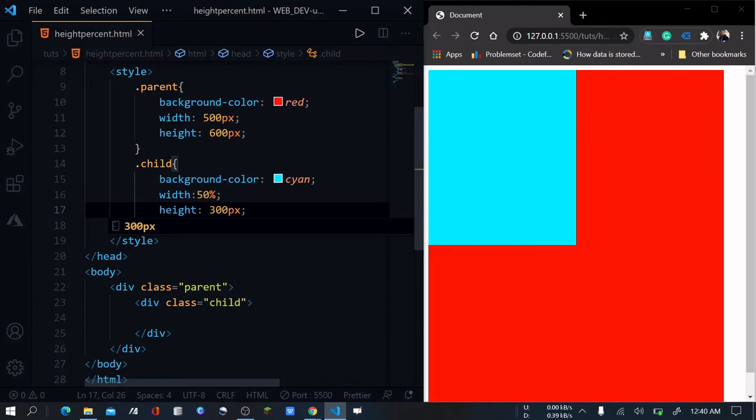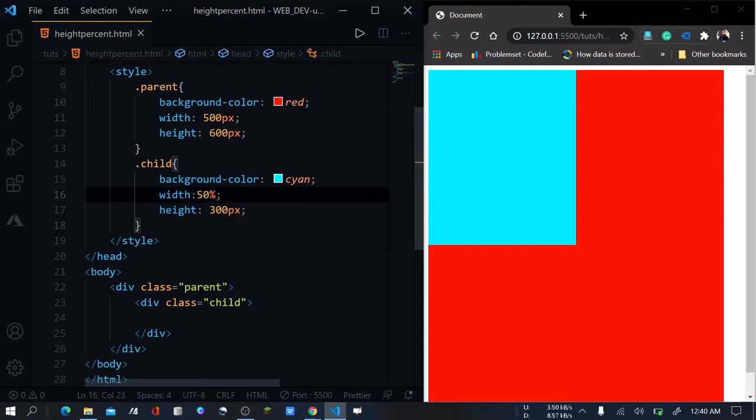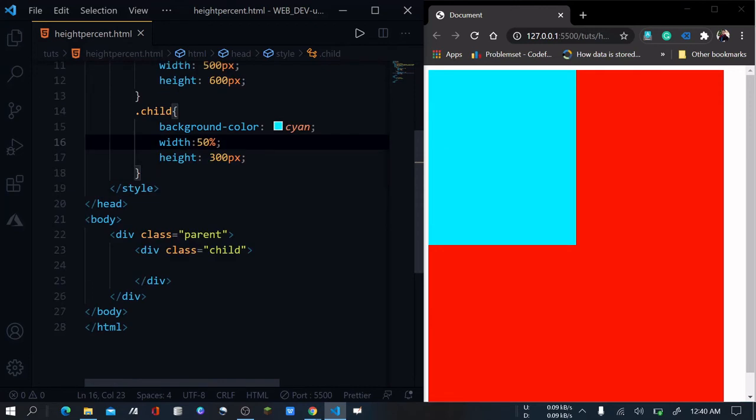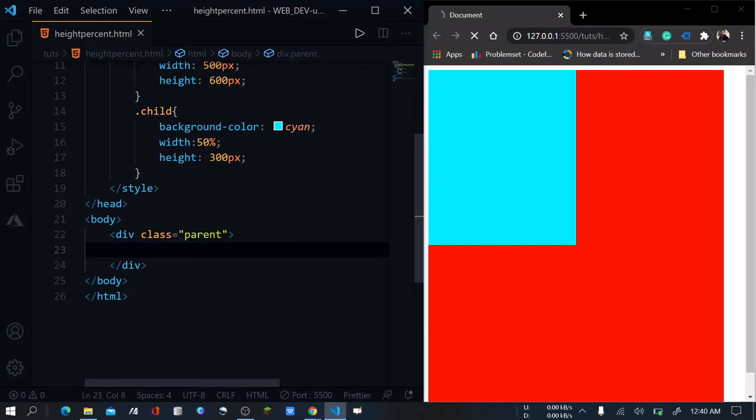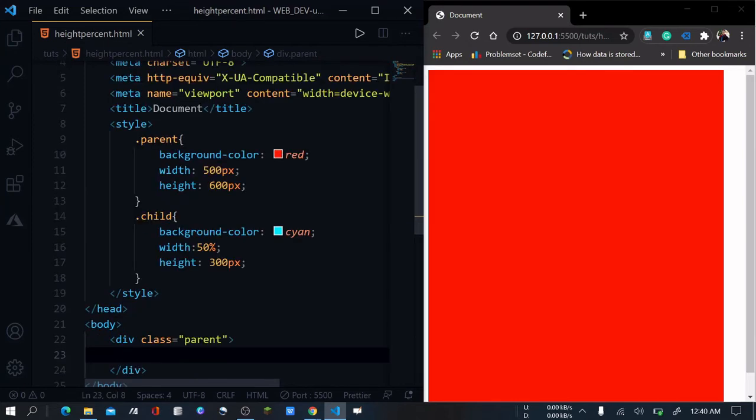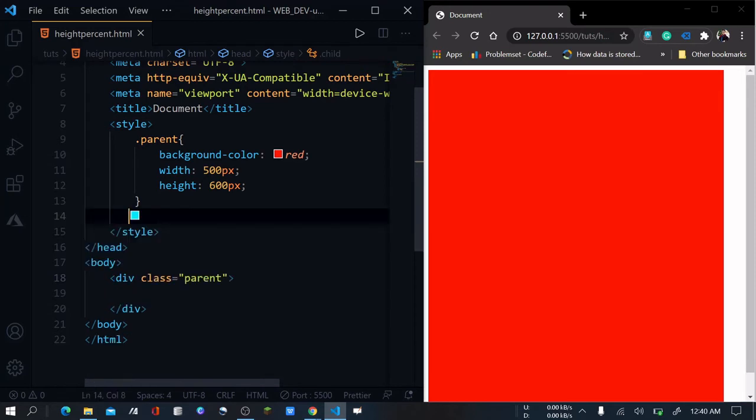Okay, so this is how the percentage property works. Now I will tell you what the problem is when you try to set the height of a division which has no parent with a percentage value. Let's say I remove this child division from here for some time, and I remove this child property also,